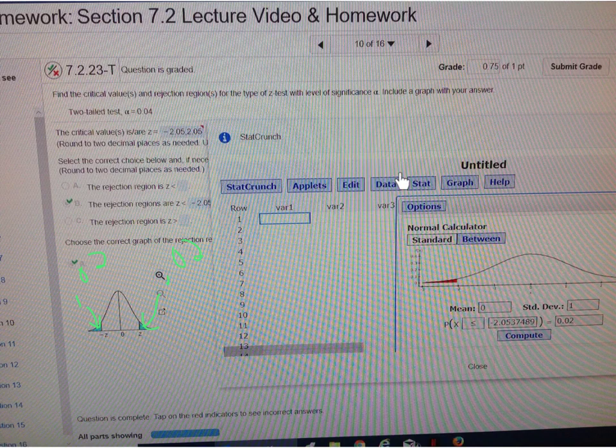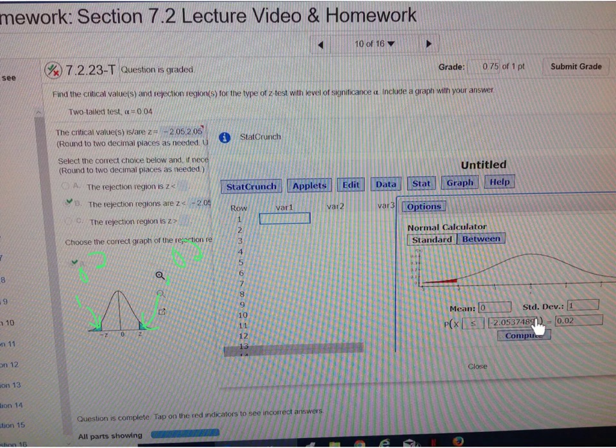And so again, I just went to, you click on Stats and Calculators, and you choose the normal calculator. Now, there's really more than one way to do this. You could do it standard or between. You really have a couple options. I just left it on standard, and I left this as 0 and 1, and I typed in 0.02. I typed in this part, this left part here matches your picture here, and then I hit compute,